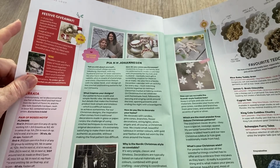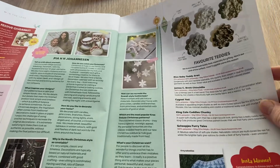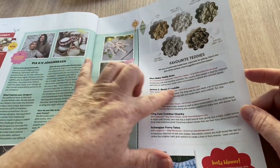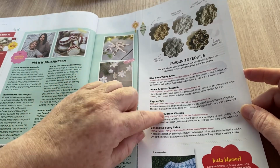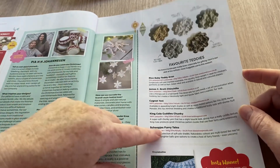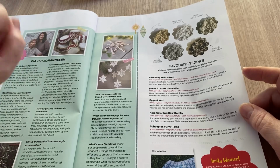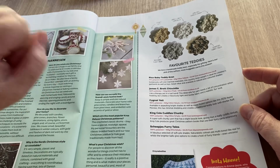P.H.H. Johansson or Johansson, depending on how you say it. Favourite teddies. Okay, so out of all of the furry yarns, and there are a lot, I've tried the chinchilla. I have the Yeti. I've got some of that, but it's very, very flimsy. There's hardly anything in the ball. I've not had this one, and I've not had this one, but by far, the loveliest, scrumptious furry yarn that you can use, and how soft it is and how beautiful it is to